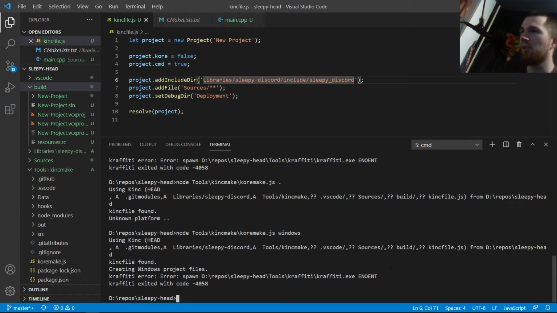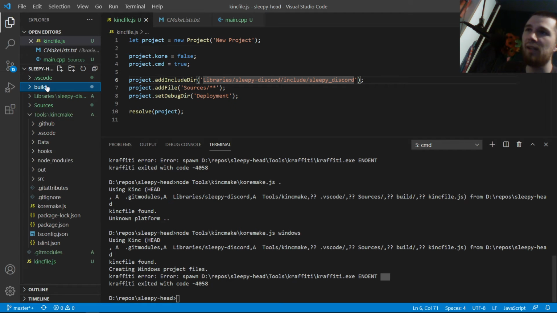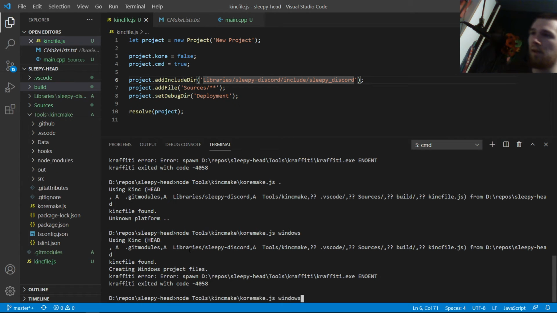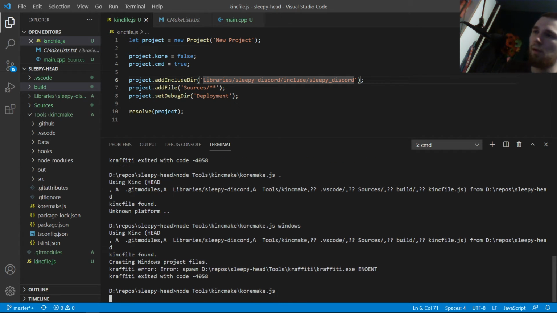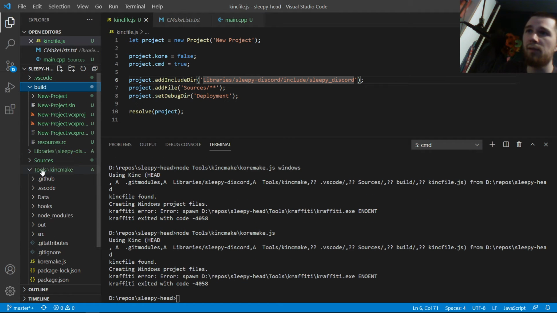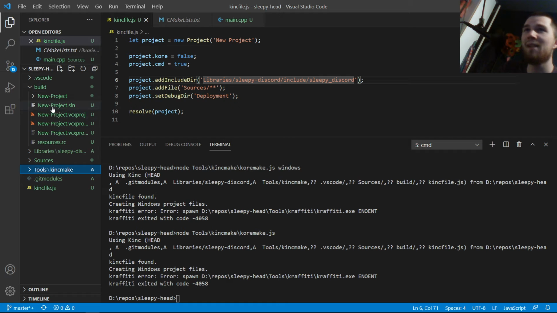I think it's because it's trying to create the icon, but we don't need the icon, right? We already have the folder here, the project. So as soon as you did this, so node, tools, kink make, core make. Once you did that, you should see that a new folder appeared. Now, I'm not saying that it's gonna work for sure, but